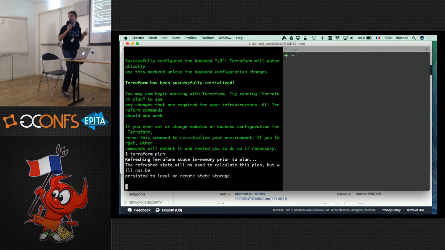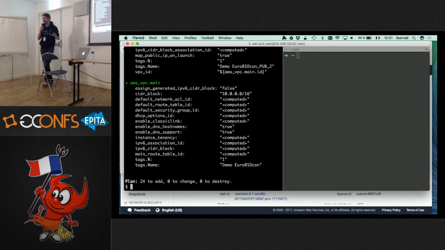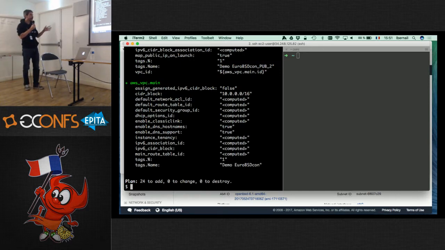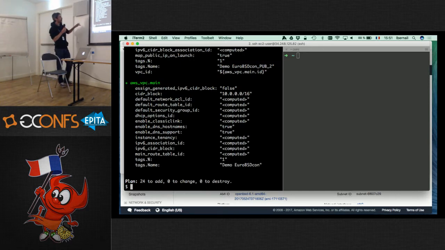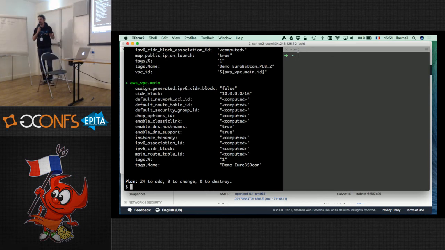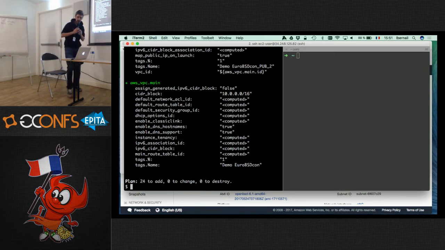Well, actually, this is not the real demo part, because afterwards things might break. This is something that should have worked from the beginning. So I just ran terraform plan, which tells me what Terraform is going to do. It's telling me that it's going to create a whole bunch of resources, and I'm going to show what just afterwards.